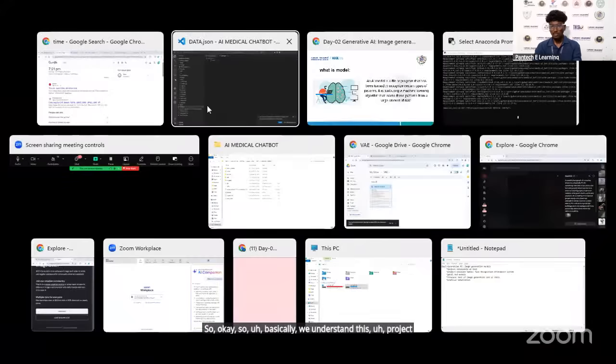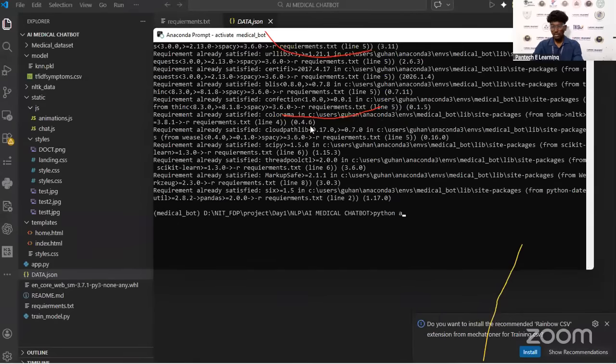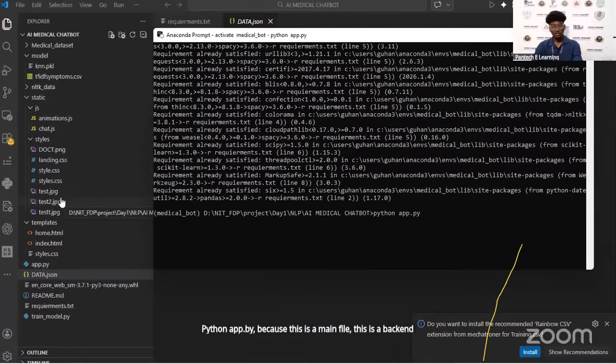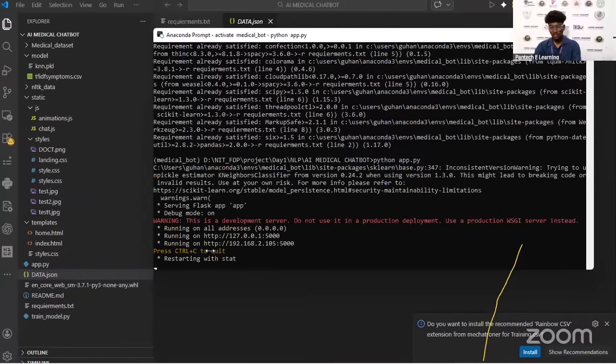Now I'll run this project and show how it works. Python app.py, because this is the main file, the backend file, so we can run it. Here we have a running link.